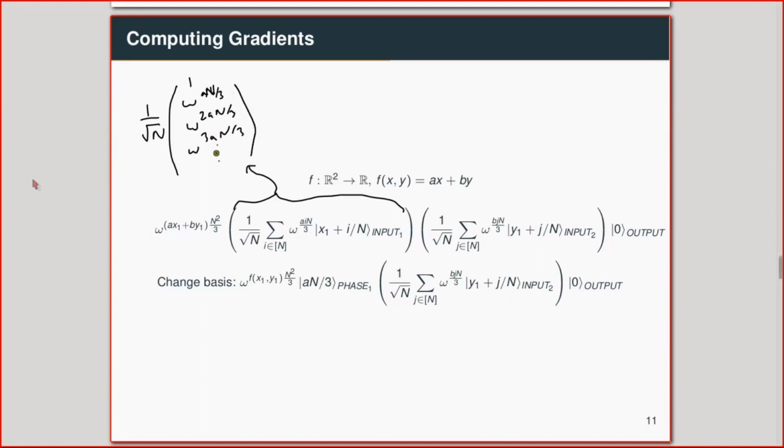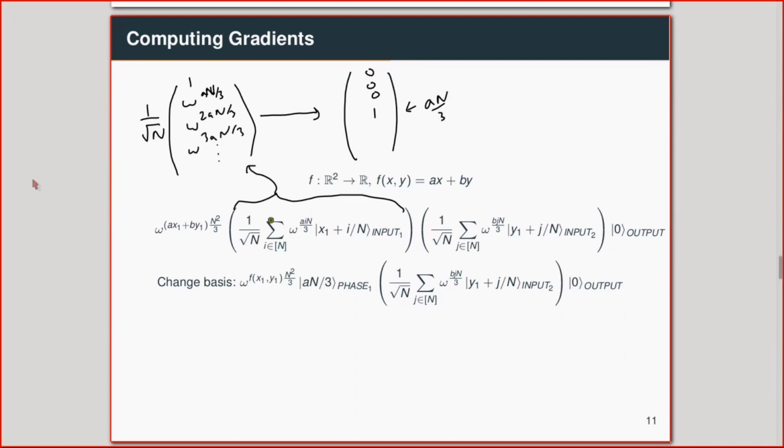So this was literally the an by 3th element of that set of orthonormal vectors. Right? So if I change basis to the basis of orthonormal vectors, this is just going to become 0, 0, 0, and so on, and 1 at the an by 3th position,